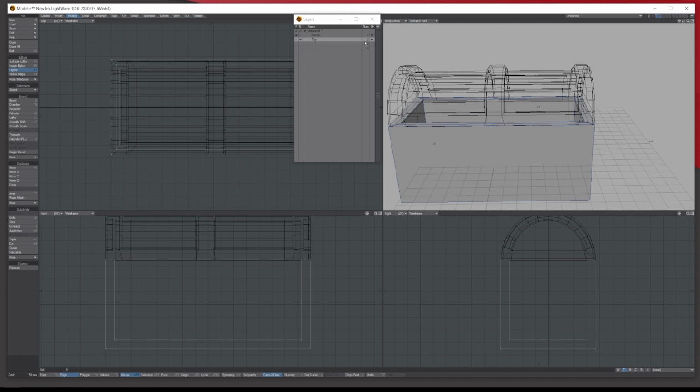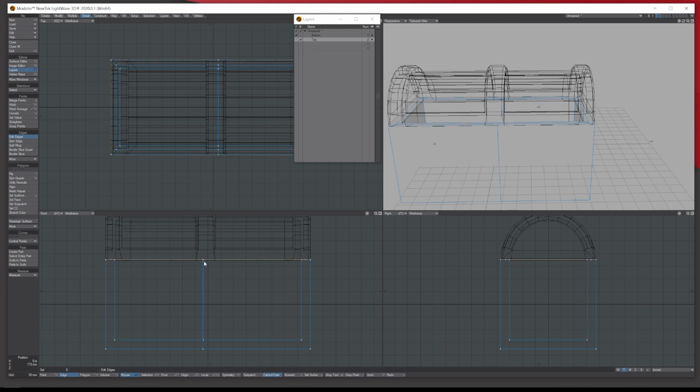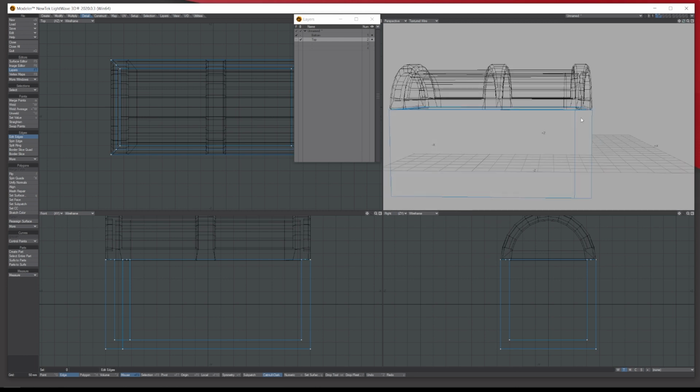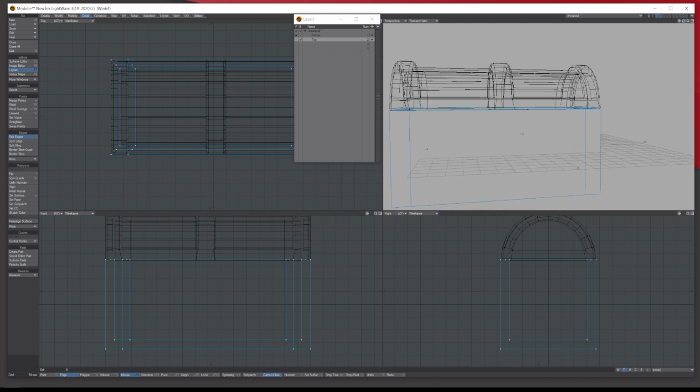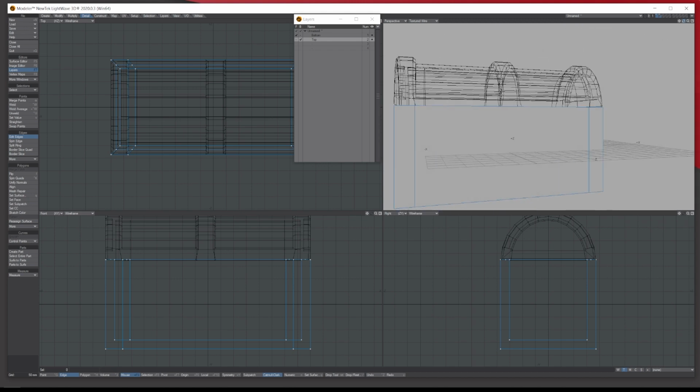Okay, so let's go to detail, edit edges, and in this profile here, your front one, we're going to right mouse click, and let's drag over the edge, and let's make it roughly, I'm going to try and get it similar to the top. Okay, and let's go back here, click again with the right mouse, and let's drag it and let's make it roughly in line with the top. Okay, and it'll go all the way around, look.